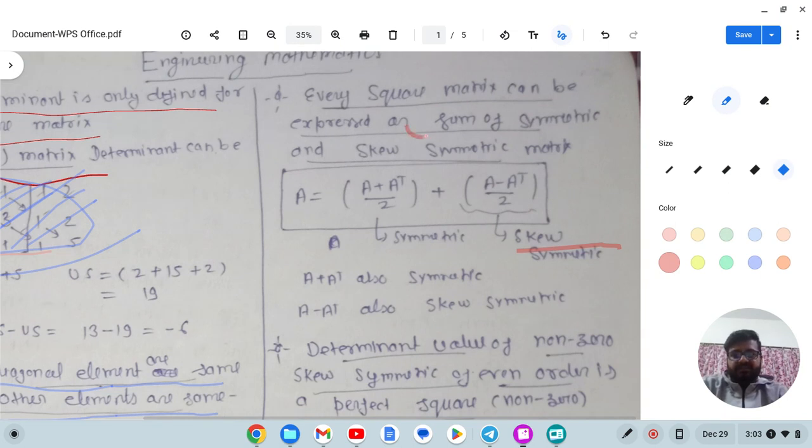Suppose there is a matrix, and that is matrix A. Then,